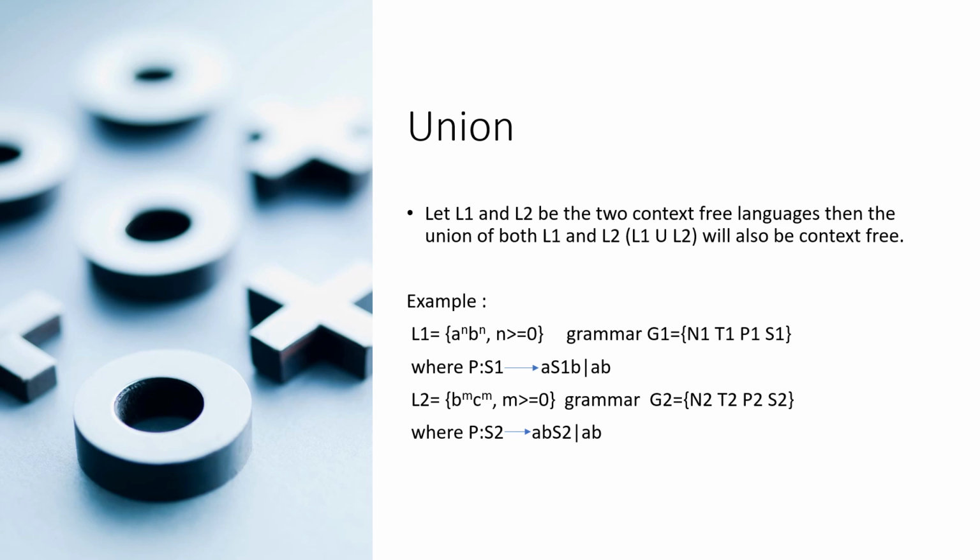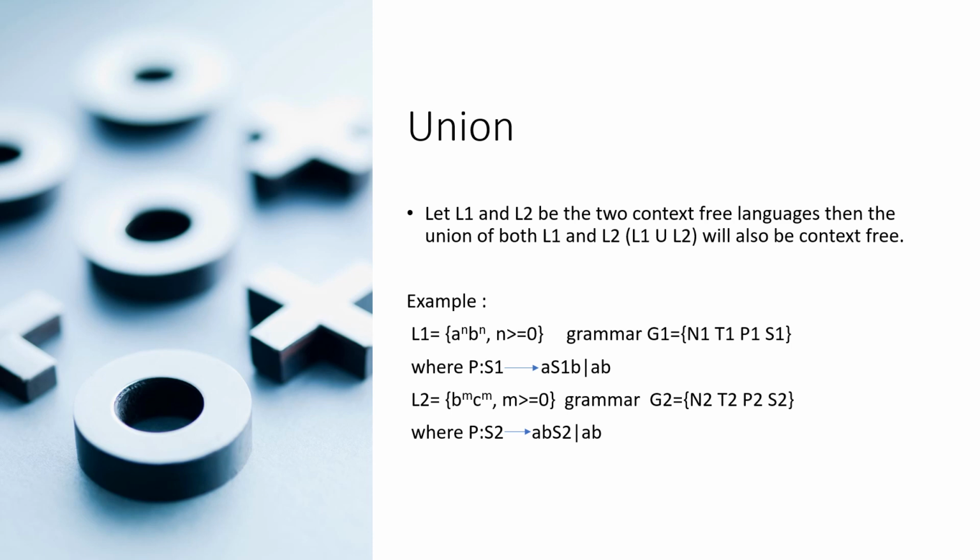Let us take two languages L1 and L2, where L1 is equal to a power n b power n, where n is greater than or equal to 0. We know that for every language there will be a grammar, so G1 is equal to (N1, T1, P1, S1). N1 is the set of non-terminals, denoted by capital letters, T1 is the terminals, denoted by small letters, P1 is the productions in the grammar, and S1 is the starting symbol of the grammar, where the production S1 derives